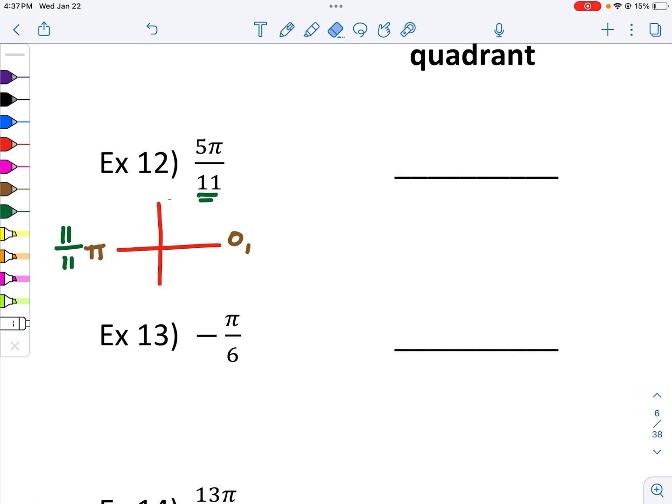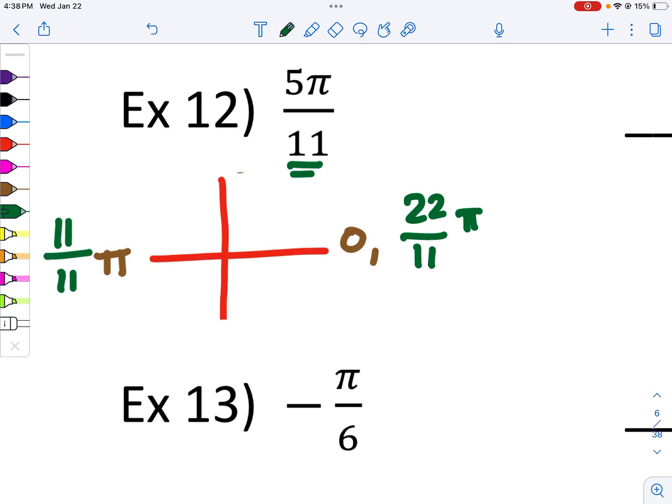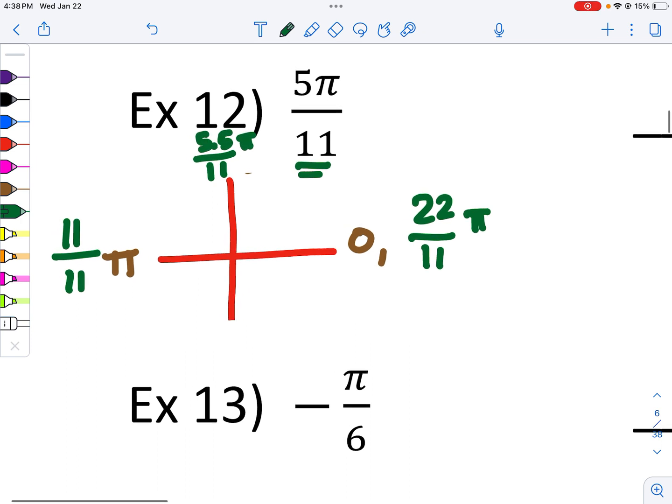And then 2 pi over here we want to fix. Again, we want to make it in terms of elevenths. If 1 pi is 11 elevenths, 2 pi would be 22 elevenths pi, or 22 pi over 11. All right, this one's a little bit trickier because we have an odd number here. If I wanted half a pi, I'm going to take 11, cut it in half, and use a decimal, so I get 5.5 pi over 11. Again, the same idea: this is 5.5 plus another 5.5, which is 11, plus a third 5.5, which gives me